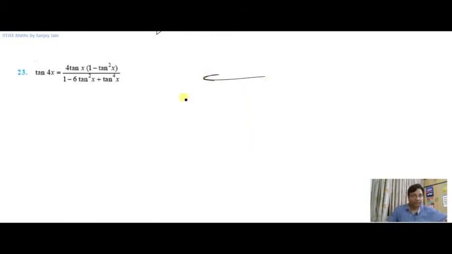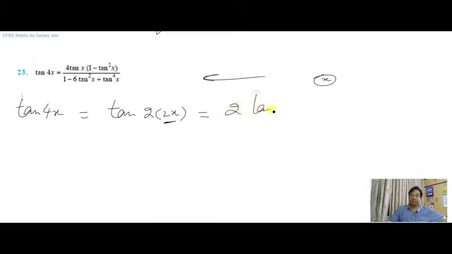Let us look at this one. If I just look at the left hand side, there is tan 4x, right? On the right hand side I have got all the terms where only tan x is there. So it gives me a hint that I need to bring the argument in x only, right? So let me write tan 4x as tan twice of 2x, right? So tan 2 theta, consider it theta for a moment, you'll write as 2 tan theta by 1 minus tan square theta, right? So I now know the formula for tan 2x, so let me write it here.